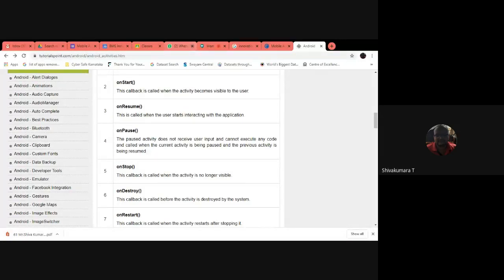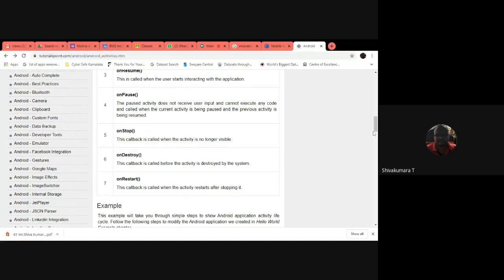It is not permanently removed from memory; it is just temporarily stopped. Then the onDestroy method is called: it is destroyed by the system, meaning it garbage collects the resources allocated to run your activity. Then onRestart: after stopping, if you want to relaunch the activity, the onRestart method is called.